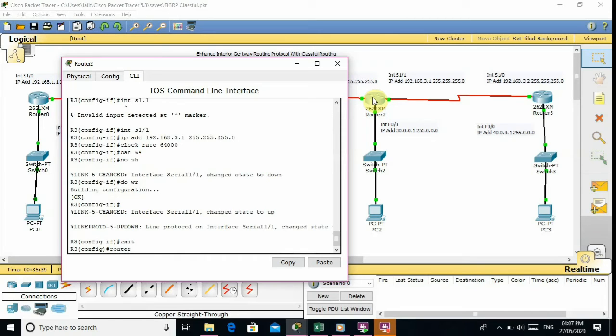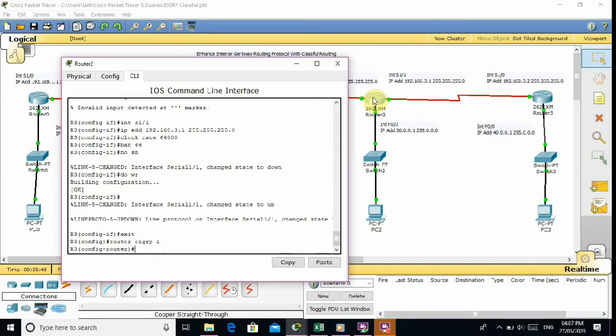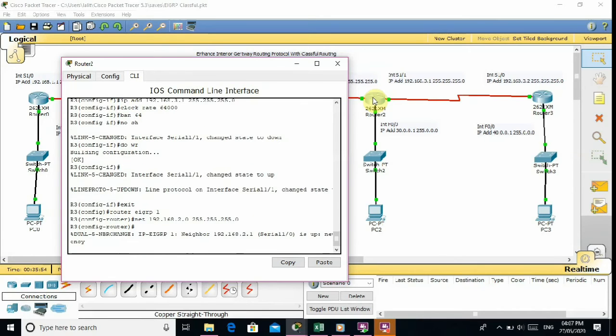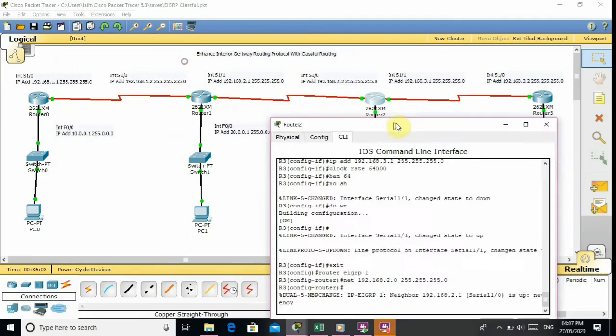Now here typing router EIGRP 1. This is the group and network is 192.168.2.0 and 255.255.255.0. This is connected with router 2. It is showing connectivity.